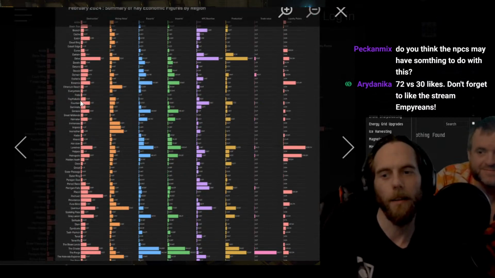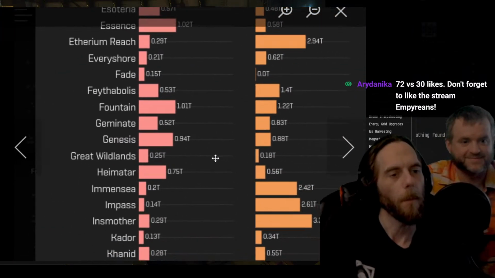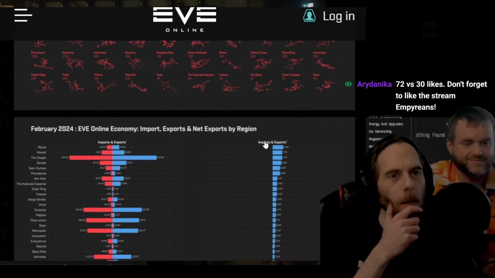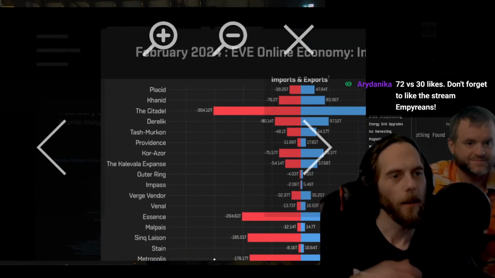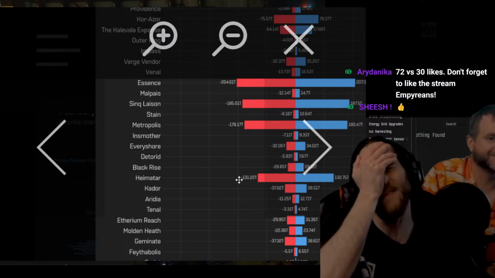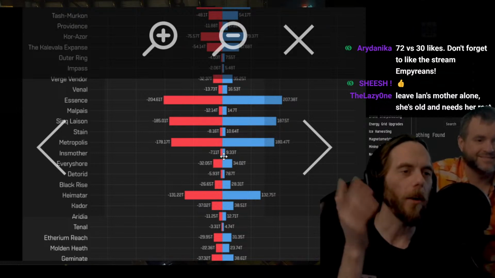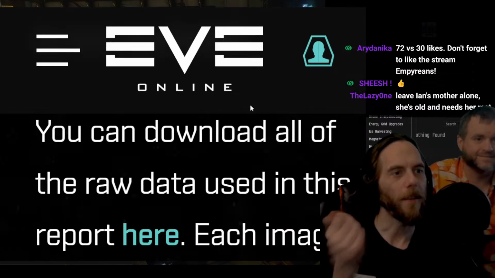If I go here, Innsmother got 3 trillion mining. But here, Impasse. There's Innsmouth. Oh, there it is. Jesus. Yep, I am dumb. Okay, good. Thank you. But those are all really low. Well, no, I guess so. They're low, but they're only low proportionally, right? Because we're only looking for 2 or 3 trillion, which may sound like a lot, but